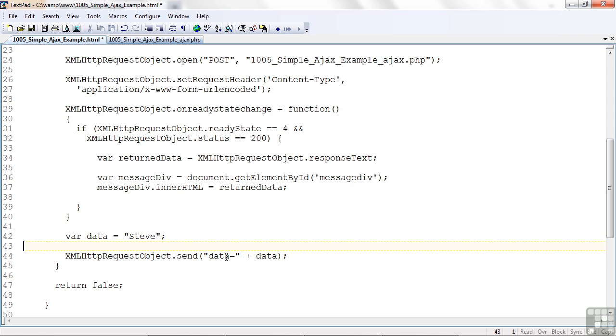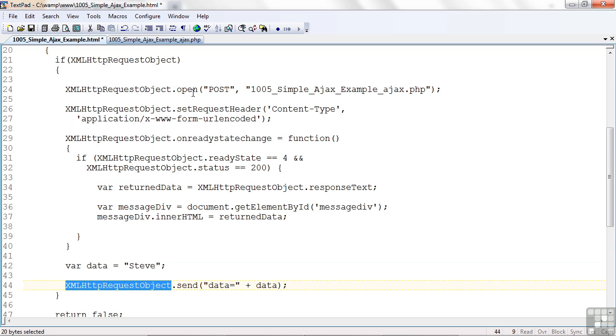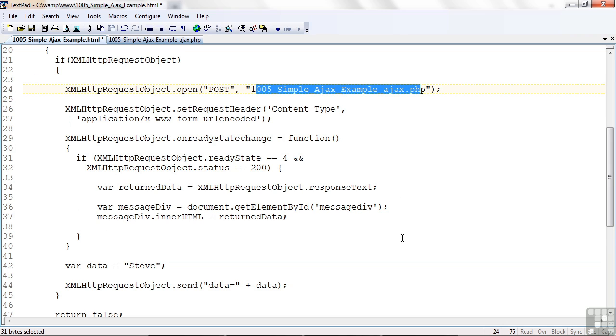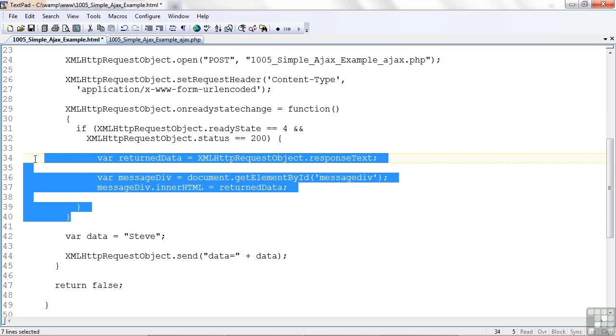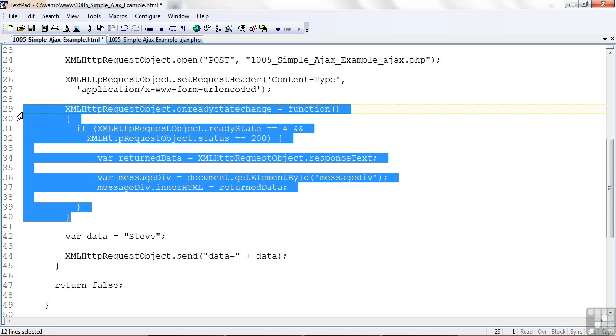So I'm sending Steve to the program on this object. What's the program on this object? It's the program we set up here in the open thing. So I'm going to send that data to that program. That's the thing that sends the code. This code that comes before the data I send